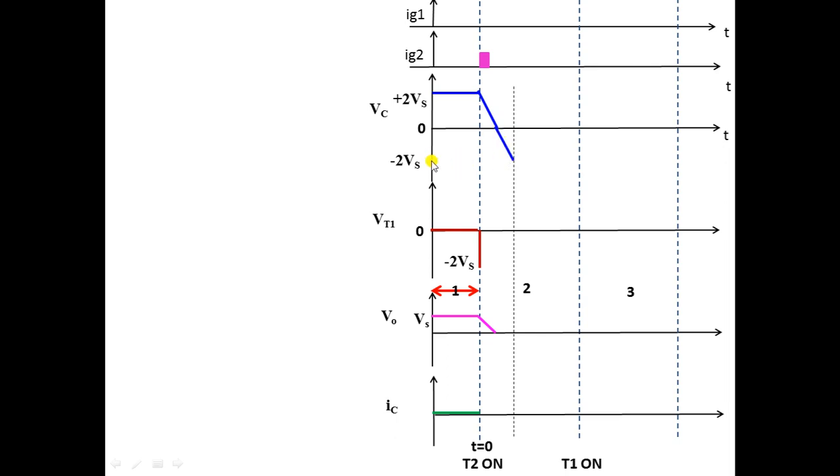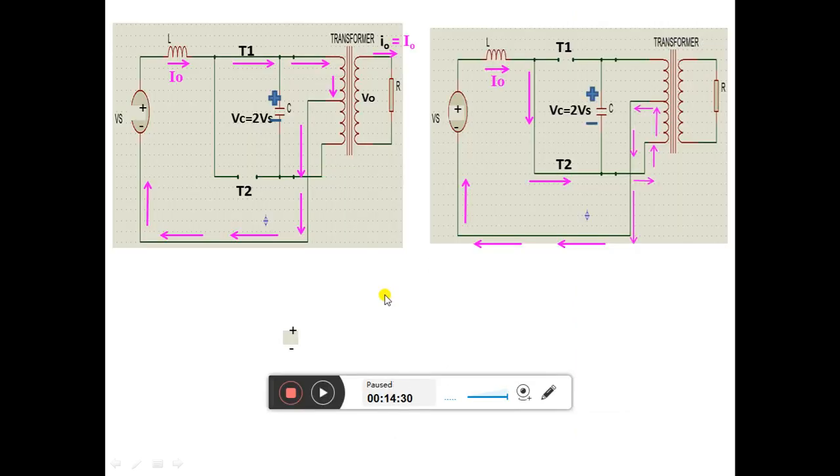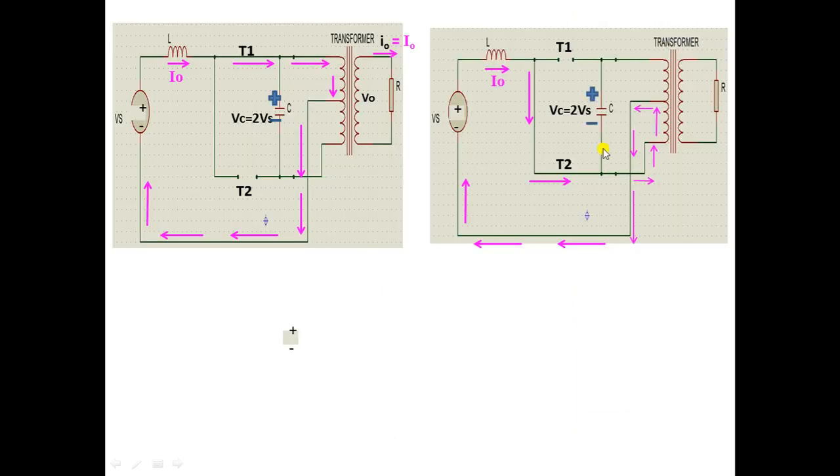-2 Vs. Okay. Now during this process of discharging and charging, that is as the voltage across the capacitor is changing, when the voltage across capacitor is changing, there will be a current established in the circuit which is nothing but capacitor current. Let's see what is that capacitor current in the circuit. See here in the circuit, as the capacitor is discharging, there will be a current produced in the circuit, which is the capacitor current shown here in green arrows. So this is the capacitor current which is going from lower side to upper side.